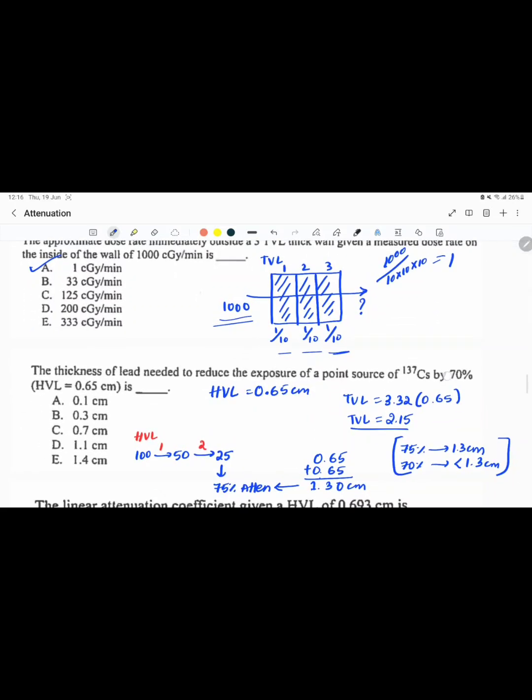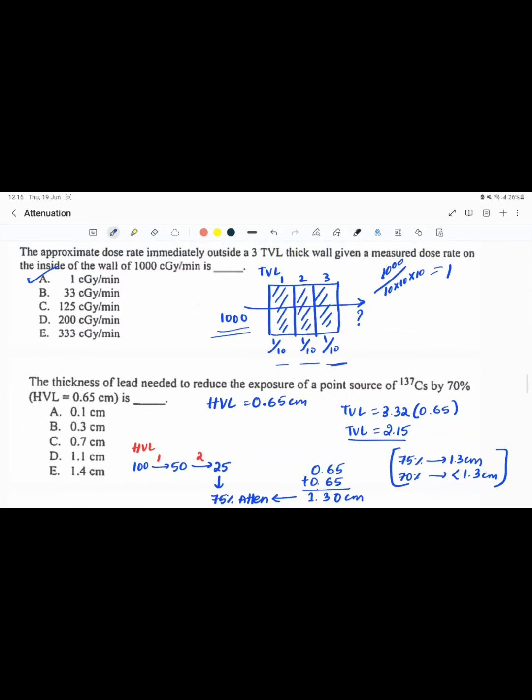So the next question is, the thickness of lead needed to reduce the exposure of a point source of 137 cesium by 70%, whose HVL is 0.65 centimeter, is dash. So they've given the half value layer, that is 0.65 centimeters. Now with that we can calculate the TVL, that is